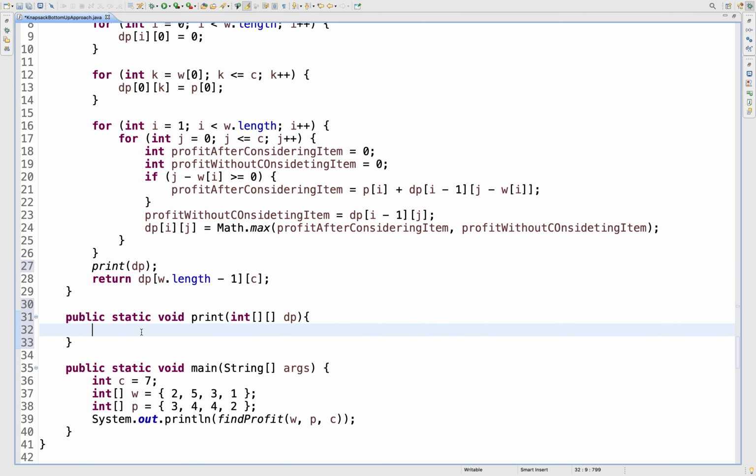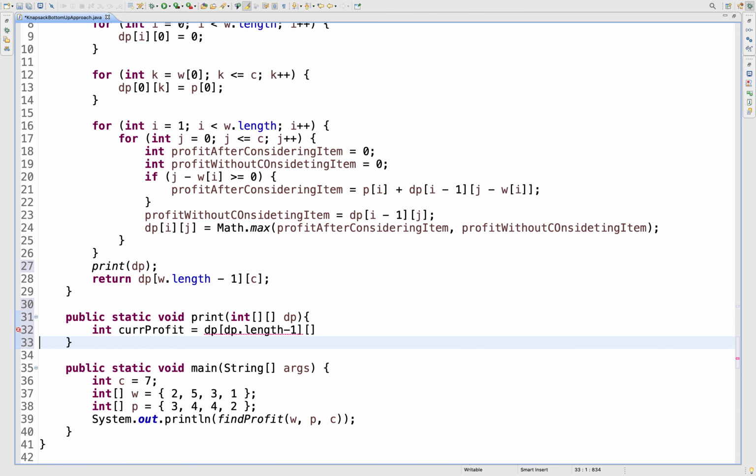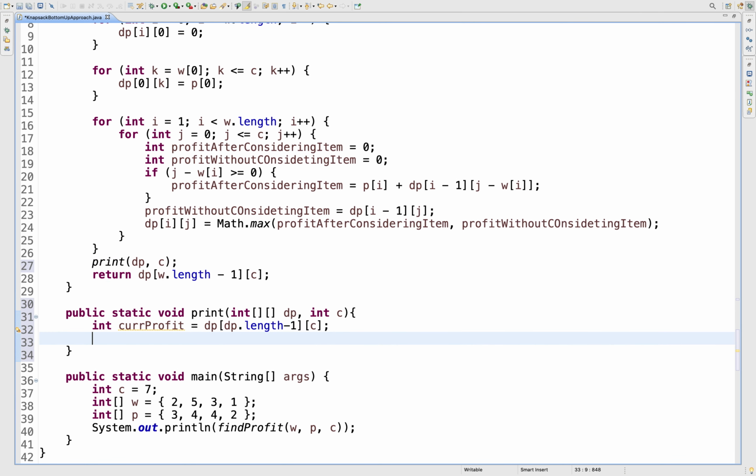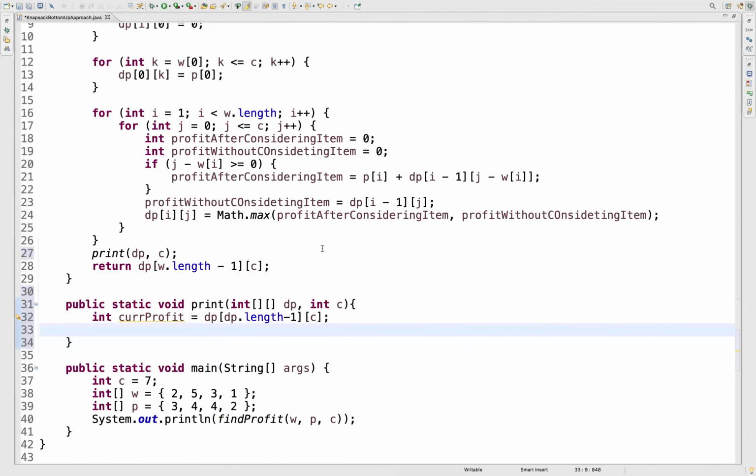Now first of all we'll say current profit. Current profit is dp of dp dot length minus 1, and we can pass the capacity also, so this will be our capacity. This will give us the last cell value, right?